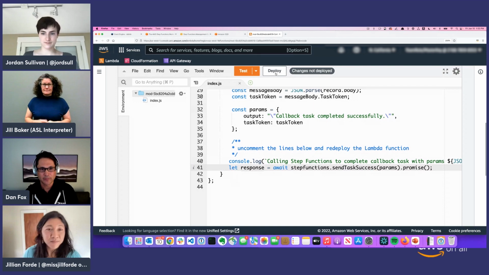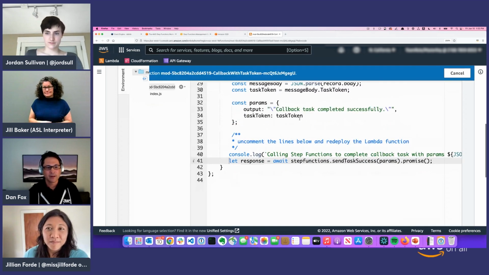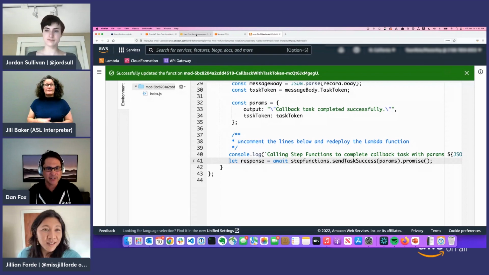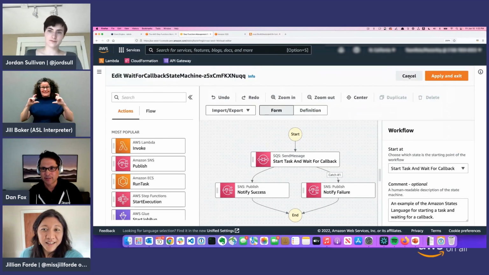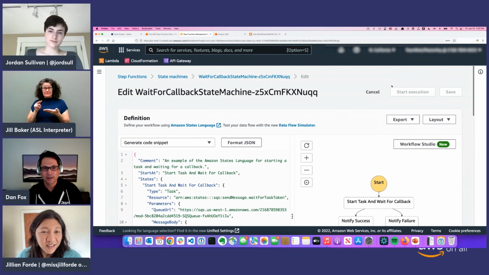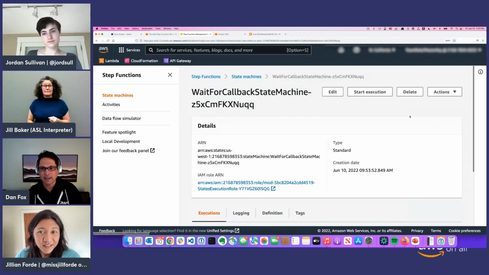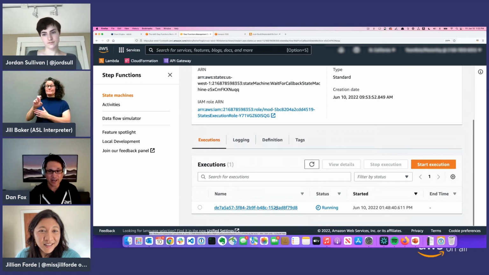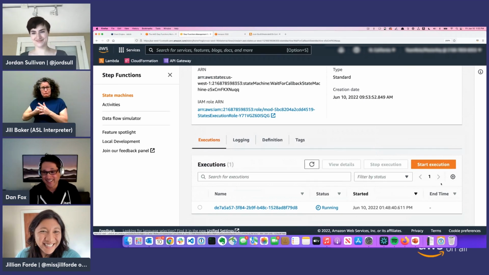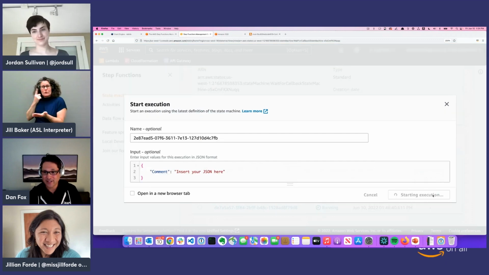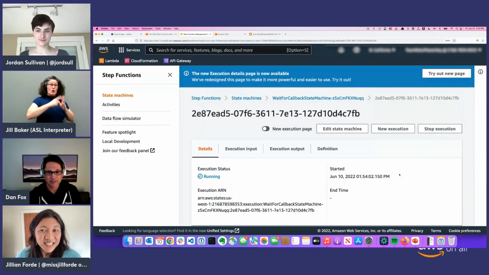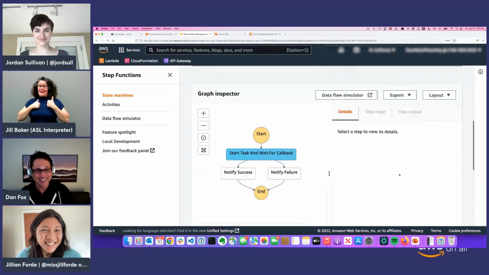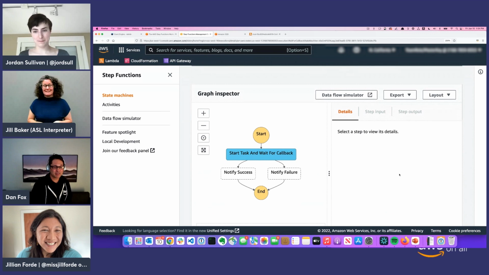And then I'm going to deploy it. Okay, so now when I go back to Step Functions, and I start an execution, you can see this one's still running. It's waiting. It'll wait there for like a year. So then I'll start another execution here. This is the part of the live demo where you're always wondering, okay, is it going to work? So we'll just wait for a couple of moments.